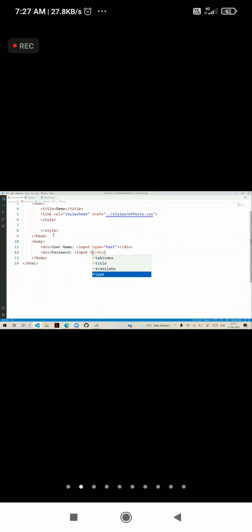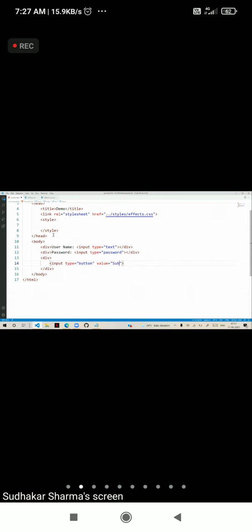So input type is equal to password, and we have a button. Input type is equal to button, and this has value submit, or say login. And another button, input type is equal to button, and value is equal to class.